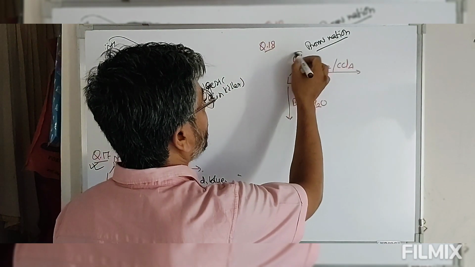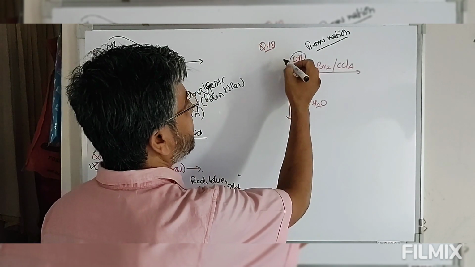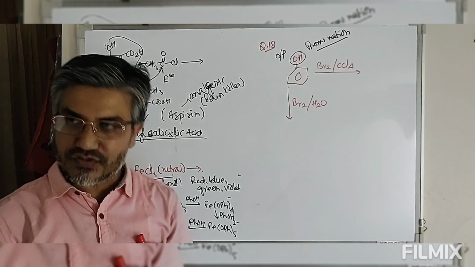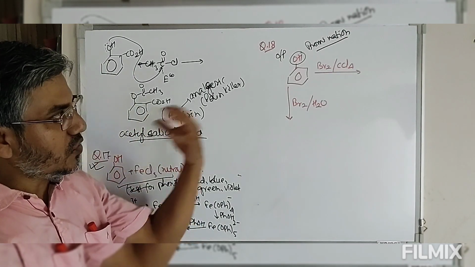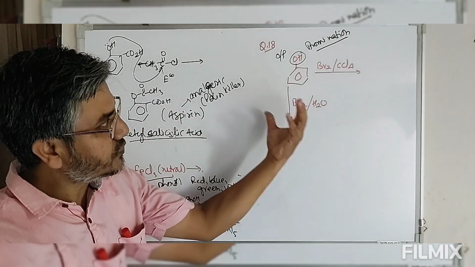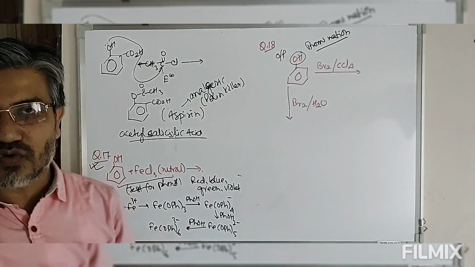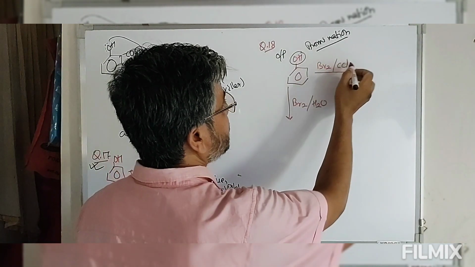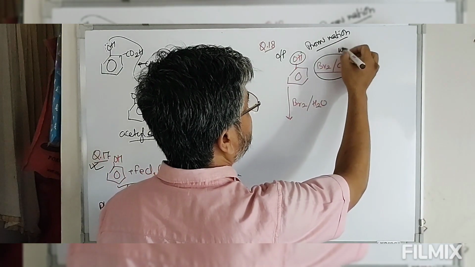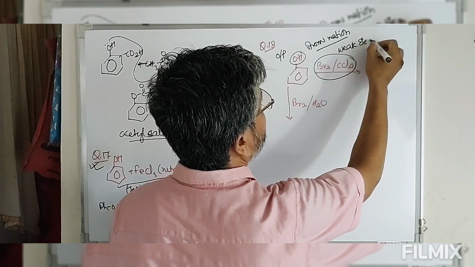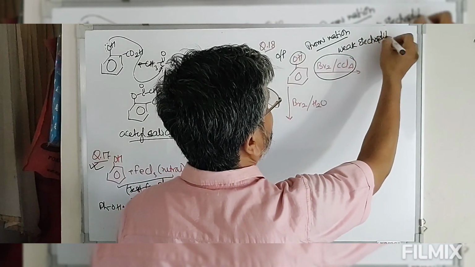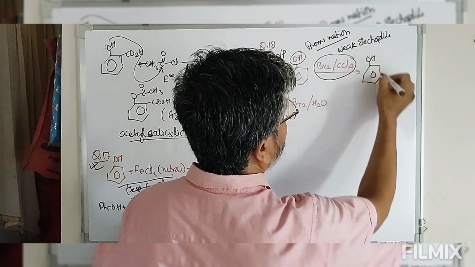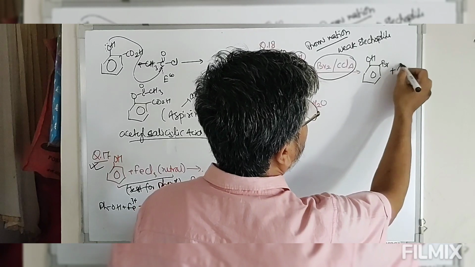Now look at this. This OH group is a strong electron releasing group, which increases electron density at the ortho and para positions because of resonance. So this is a strong activating group. So substitution, that is bromination, will take place at ortho and para positions. Now bromine in presence of CCl4 generates a weak electrophile. So in presence of a weak electrophile, the product formed will be substitution at ortho and para, so a mixture of ortho and para